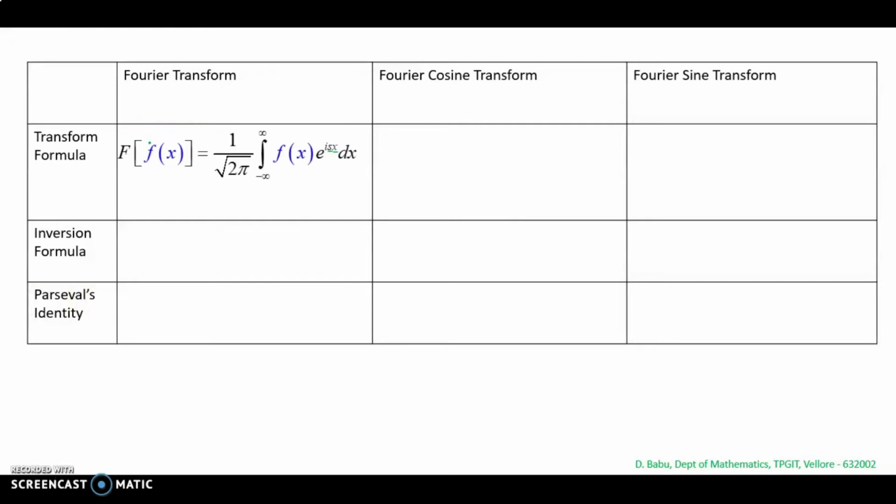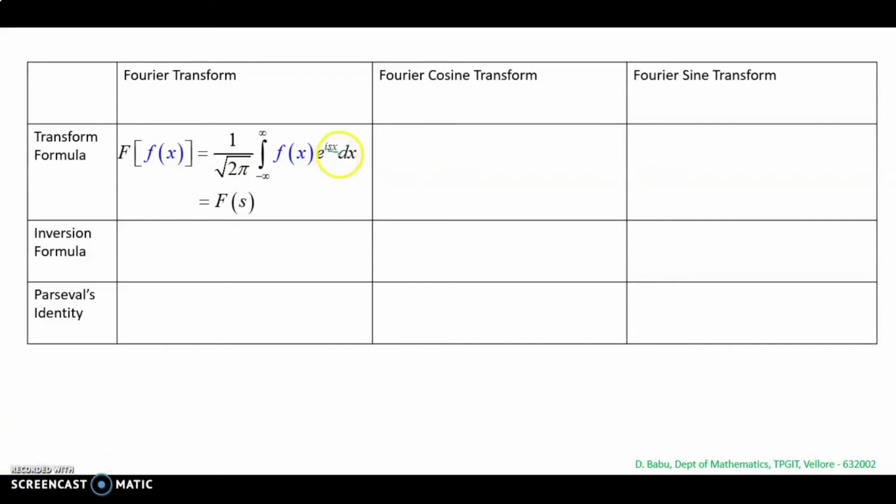The Fourier transform formula is Fourier of f of x equal to 1 divided by square root of 2 pi, the limit is minus infinity to plus infinity, f of x e power isx into dx. Note that here there are two variables, one is s and another is x. But we integrate with respect to x only. So after integrating, we shall substitute the limits for x. Therefore, the value of the integration is independent of x and hence it is a function of s only, and thus it is denoted by F of s.